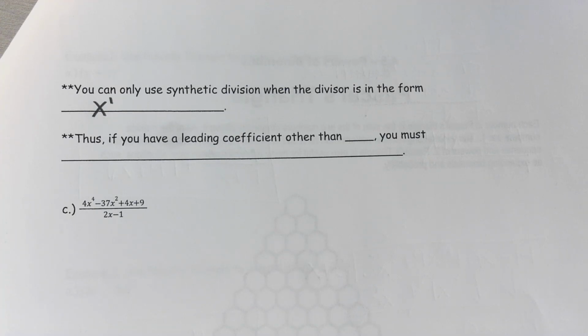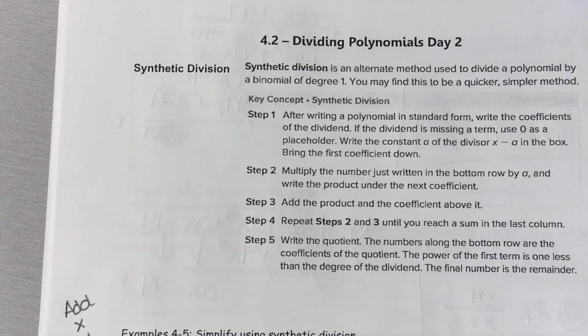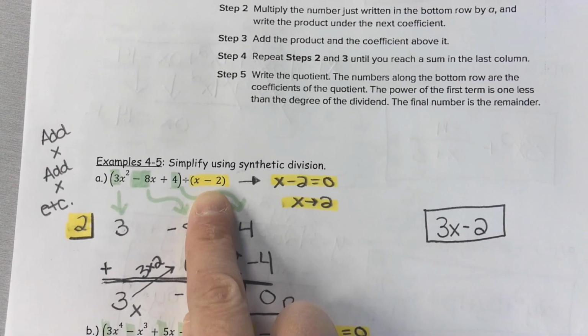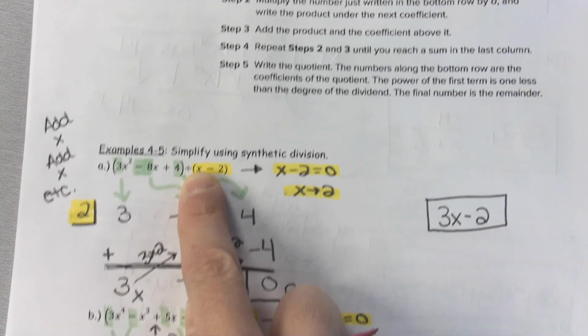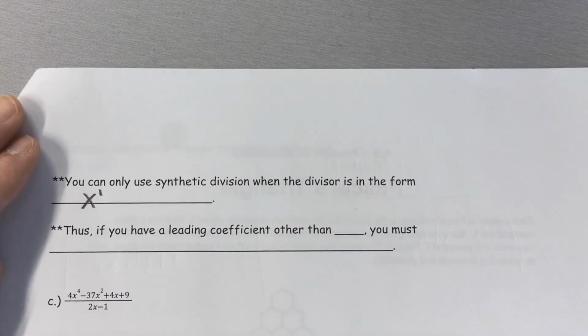If you look back to those 2 examples that we just did, do you see how what we were dividing by was an x to the first and an x to the first? What I'm saying is if this had been an x squared or an x cubed, we would have had to use long division. So one of the reasons that some people like to stick with long division is because